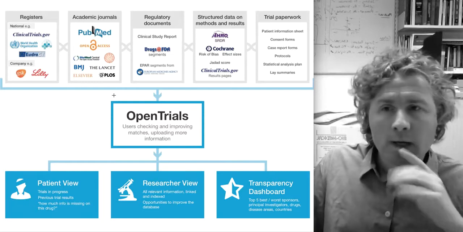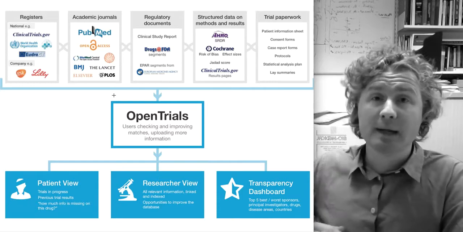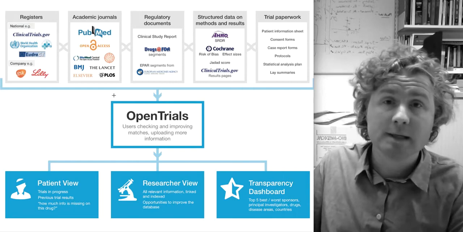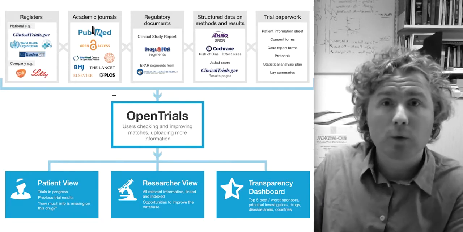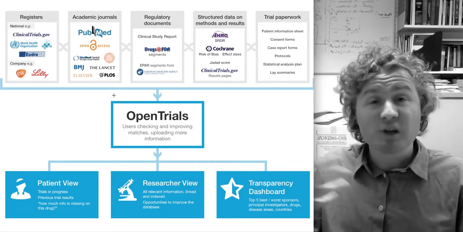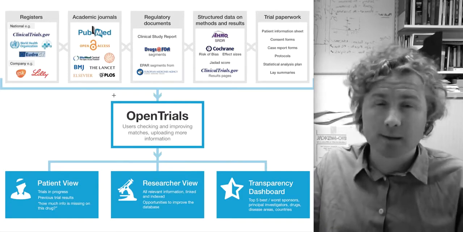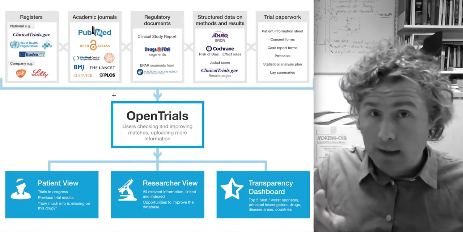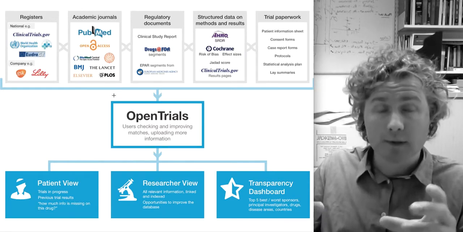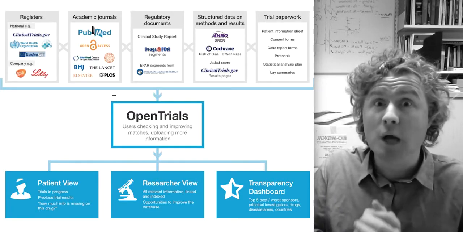But in any case, we're going to aim to identify the academic journal articles associated with the registry entries first up, and that means doing, first of all, searches for example on clinical trial ID numbers, but also using probabilistic record linkage techniques. That means searching on various different fields like study size, principal investigators, titles, drugs, and so on. Now that's a big and interesting challenge. The linkage between registry entries and academic journal articles is probably one of the more challenging of the kinds of linkage that we'll be doing, but I think later on you'll see that there are other forms of linkage where probabilistic record linkage will be more straightforward.